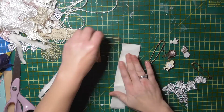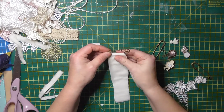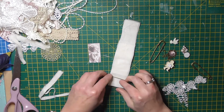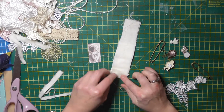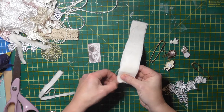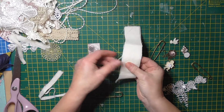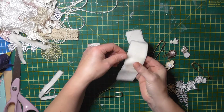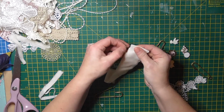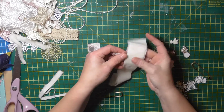I'll just cut it off. Right, so that's about right now. So I'm going to loop that over there, like so. And I'm going to just glue it on the back. So I'm going to do it like that. I'm just going to fray these edges a bit first before I glue it. So you just gently pull at them like so, and it will give you a nice bit of a fray, which makes it a little bit shabby and also disguises the fact that you haven't cut it straight